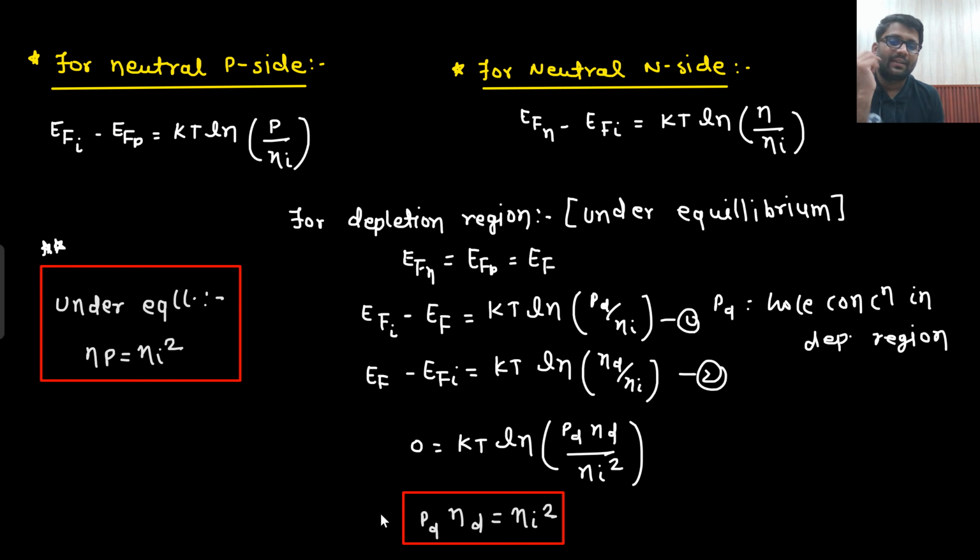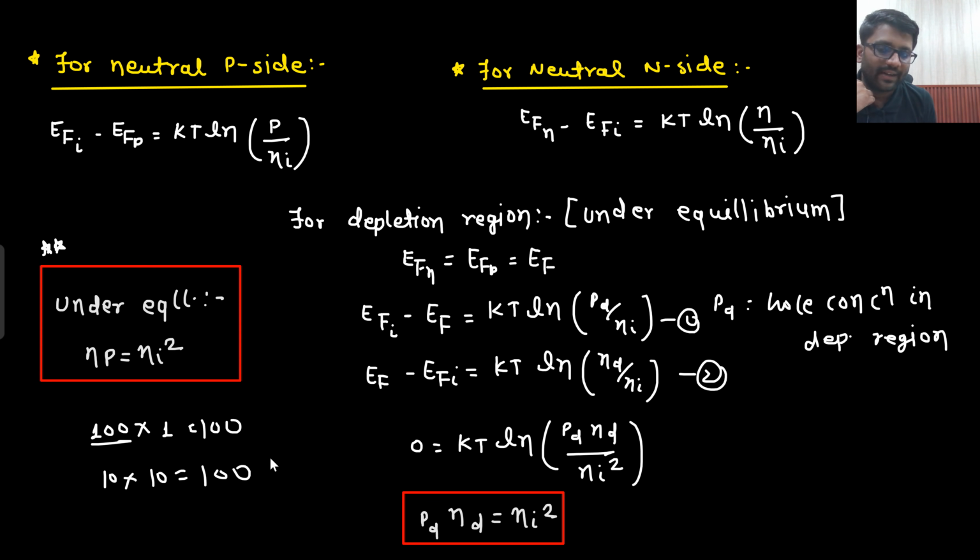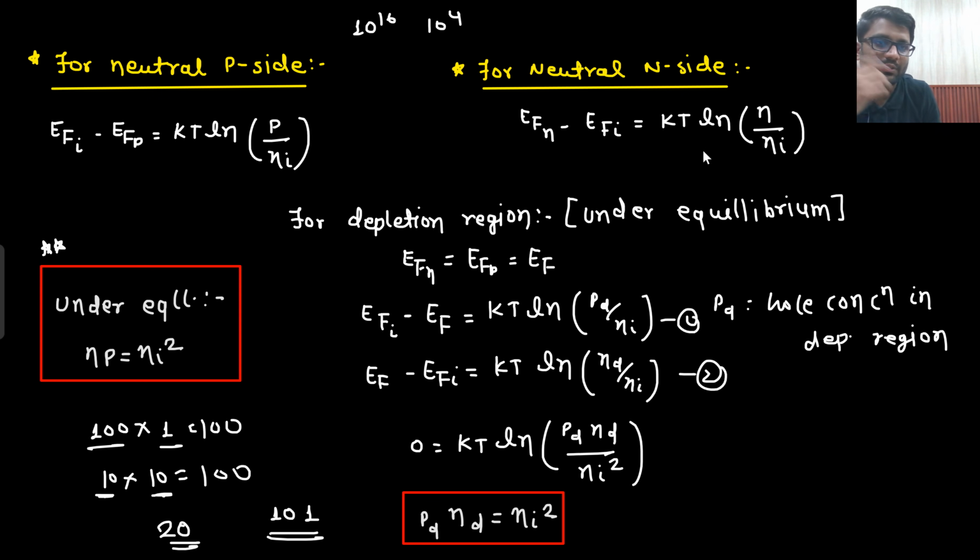But it doesn't mean that here the charge carriers are of the same amount. What I mean to say is that 100 into 1 is also equal to 100 and 10 into 10 is also equal to 100. If I give you 100 candies and I give you 1 candy, that means I need to give you 101 candies. If I give you 10 candies and then 10 candies, that means I need to give you 20 candies only. So what was the scenario? 10 to the power 16 holes and 10 to the power 4 electrons. This was the scenario of a neutral p region,